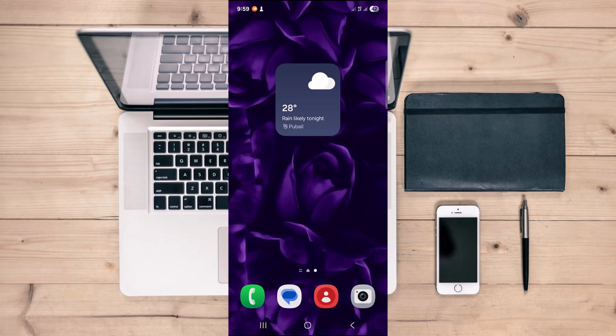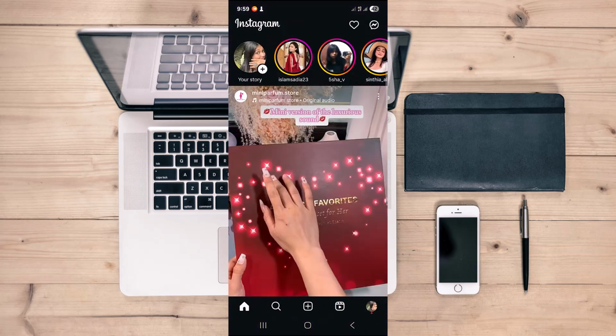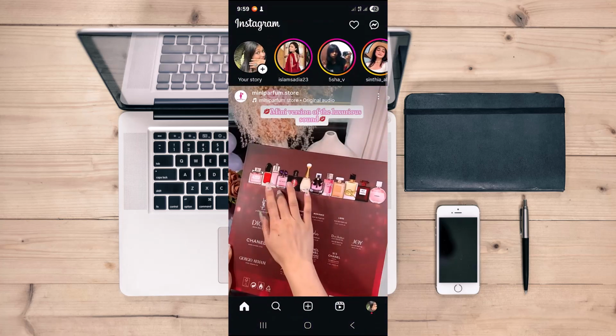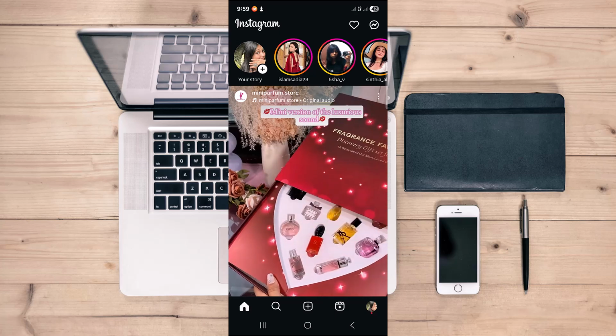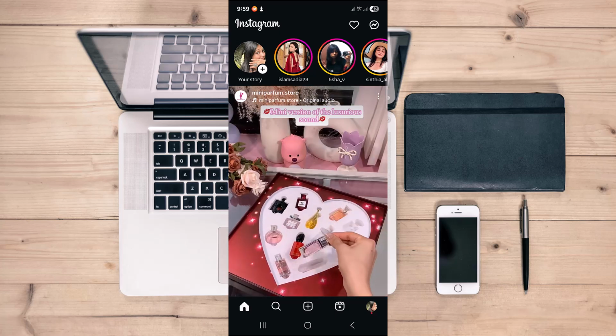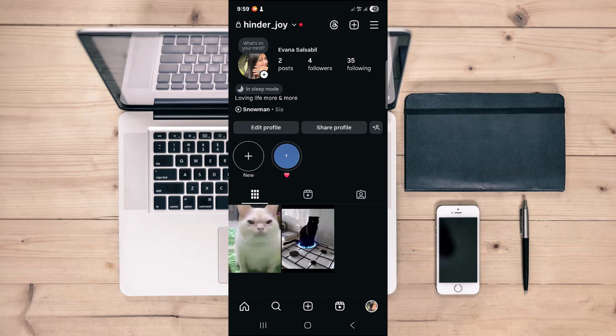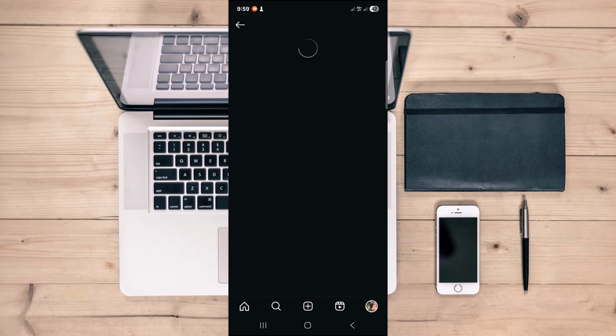In today's video, you are going to see why can't I send messages on Instagram and how to solve this issue. So we are going to head over to our Instagram, and once you're there, make sure you're logged into your desired account, and then head over to your profile and go to the three lines icon